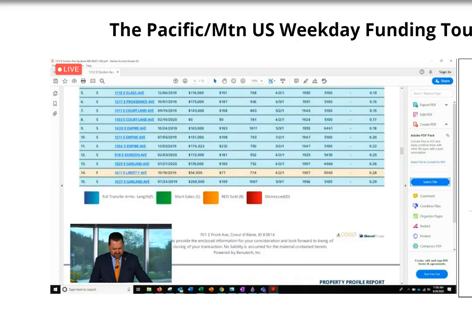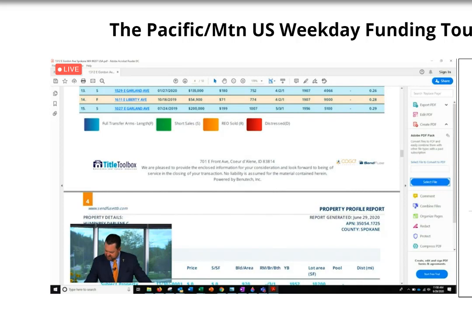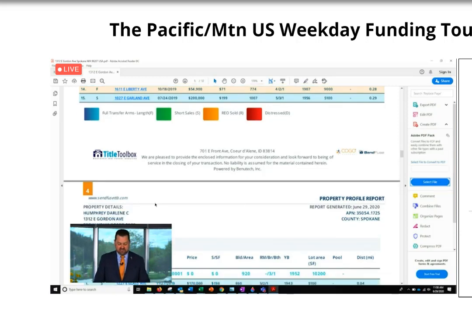And I think that that would be an accurate assessment. So 1312 East Gordon has an after repaired value, or an ARV, of 189.9. Okay, so now there's no debt. Lady owns it free and clear. All we now need to do is make contact with the lady, and we can potentially buy this house and